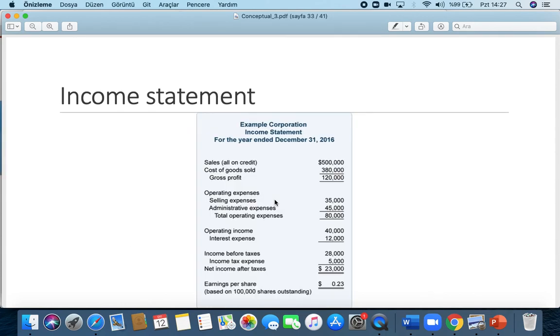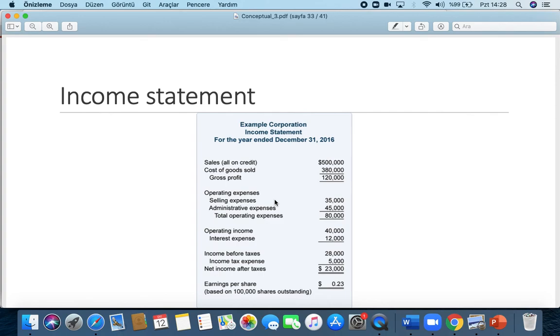So these are what you are going to prepare. It will start with the sales or revenue, then it will continue with the cost of goods sold, then you're going to calculate gross profit, then there comes the operating expenses, other expenses, general administrative expenses, and you're going to reach the net income, which we call the bottom line. The bottom line, your net profit or loss. Okay. And in the IFRS, you're not going to see a term income statement. You're going to see a term statement of profit or loss, or statement of comprehensive income.